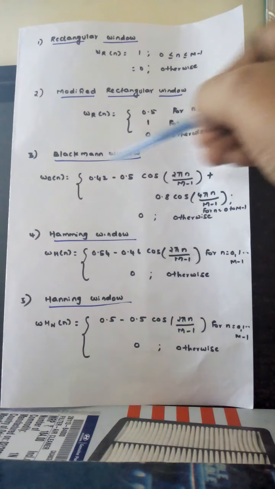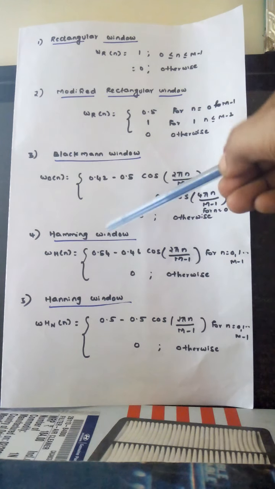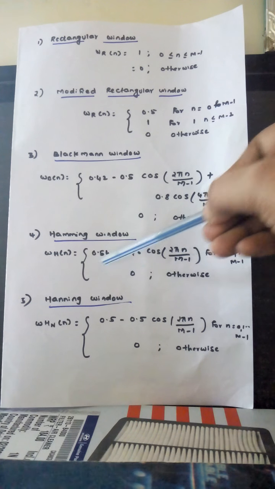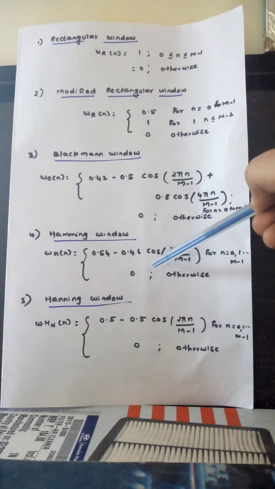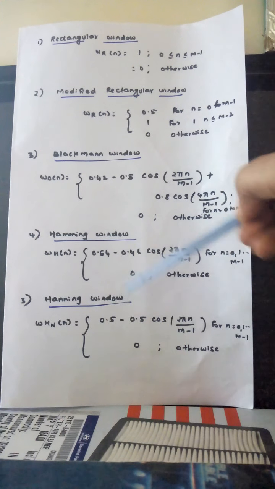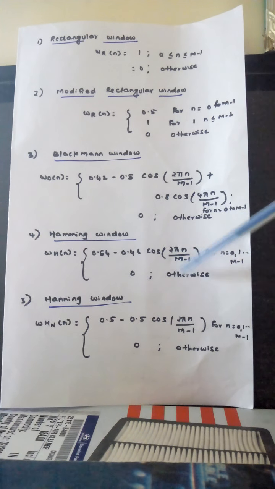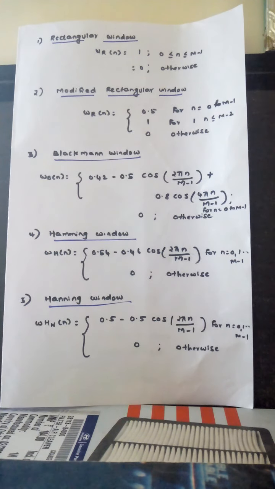Similarly, for the Blackman window we have to use this formula, and for the Hamming window and Hanning window it is almost the same here. So it is 0.54 minus 0.46 here we are using, correct? The difference is that here it is 0.5 and here also it is 0.5 into cos of 2 pi n divided by M minus 1. Here M represents the length of the filter. So these are the five different types of windowing we are using to convert the IIR to a FIR here.